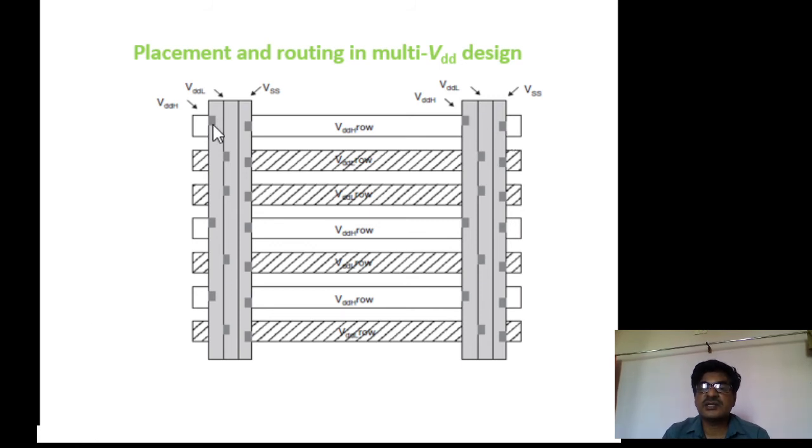This dark one represents a joint between the power supply rails and the gates placed in the VDDH row. Similarly, these shaded rows are the low VDD gates, connected to the low VDD power supply rail. So properly you need to place all the